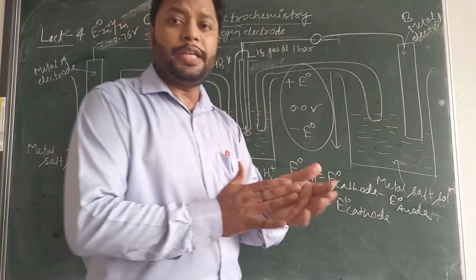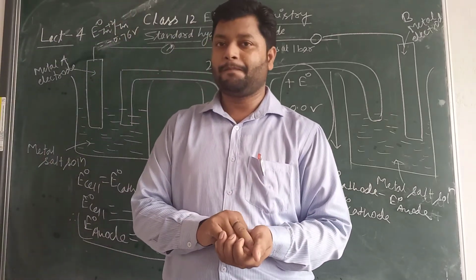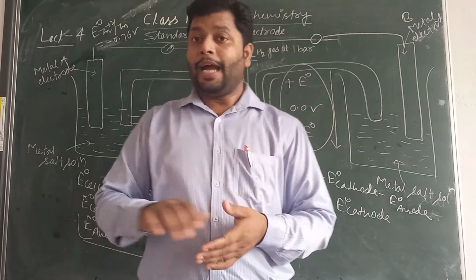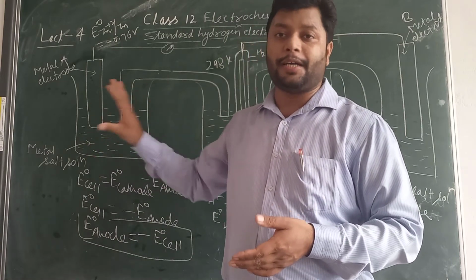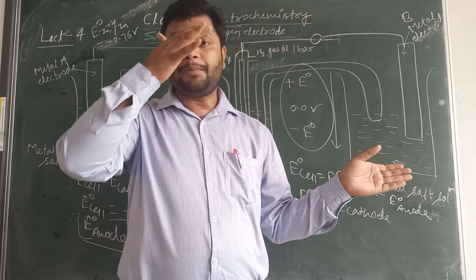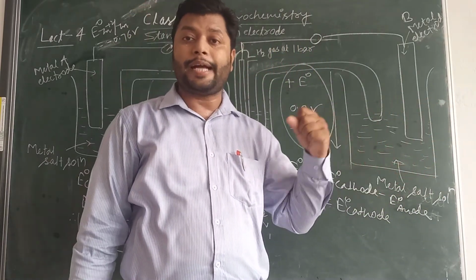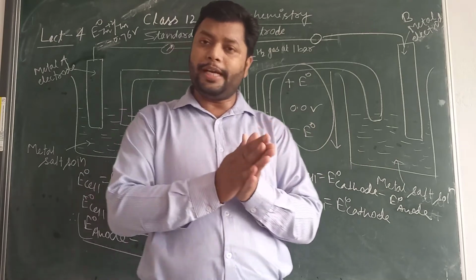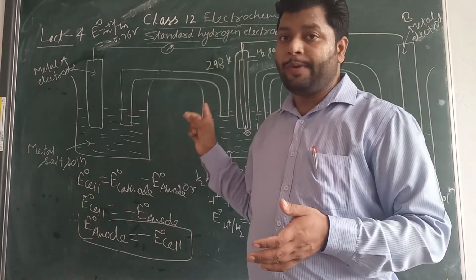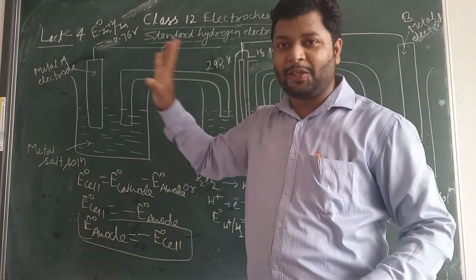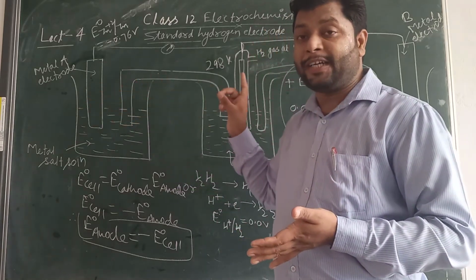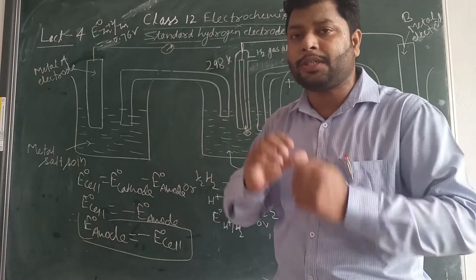It's one more thing that you should learn here. In the last few lectures, we discussed that at the anode an oxidation process occurs and electrons are released out. At the cathode a reduction process occurs and electrons are accepted in. So students, it is clear now that the electrode which behaves like an anode compared to hydrogen must be more active than hydrogen.